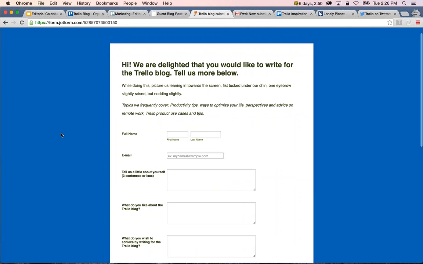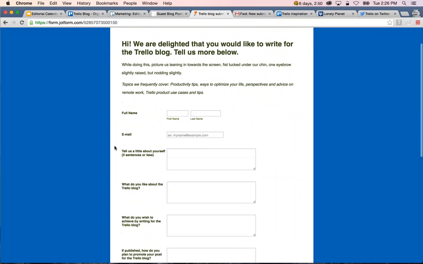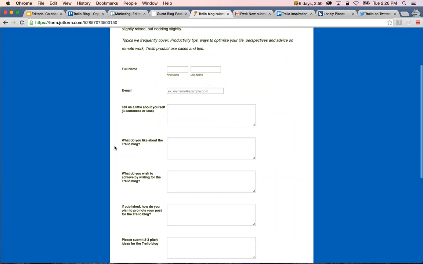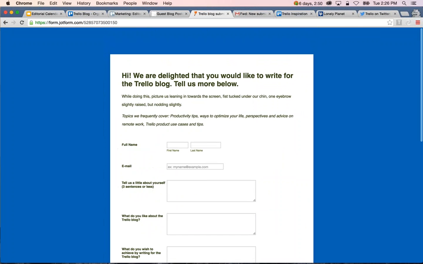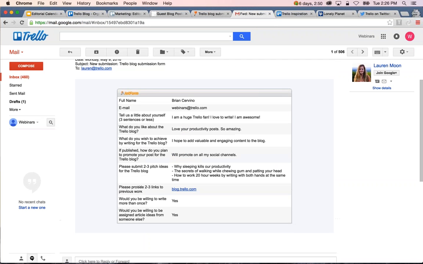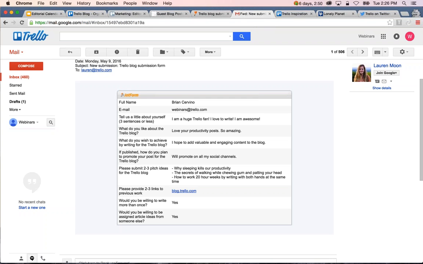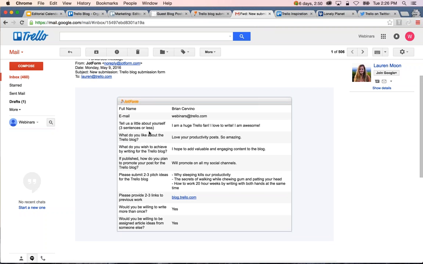And so basically we have this little form that writers can fill out, including information about themselves and their pitches, and why they'd want to write for the Trello blog, etc. And so when they submit this form to us, we get an email forwarded to us. And what we like to do is vet them, and once someone's been vetted, and we're going to work with this blogger,